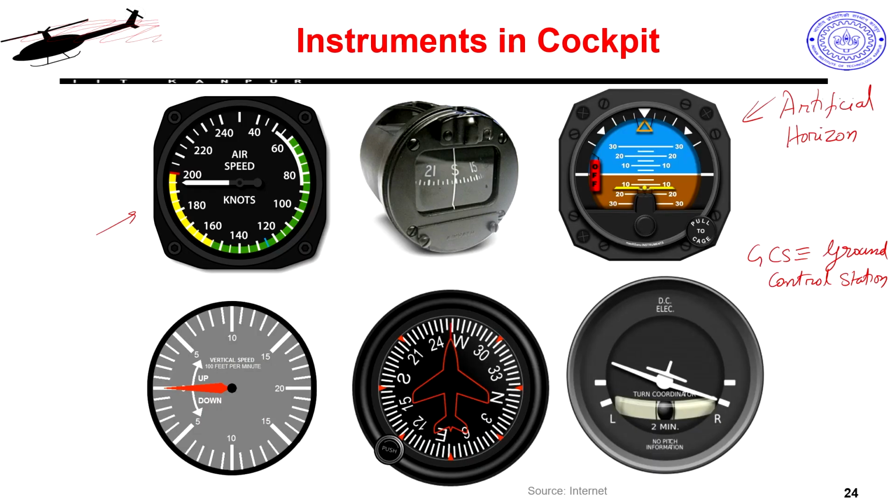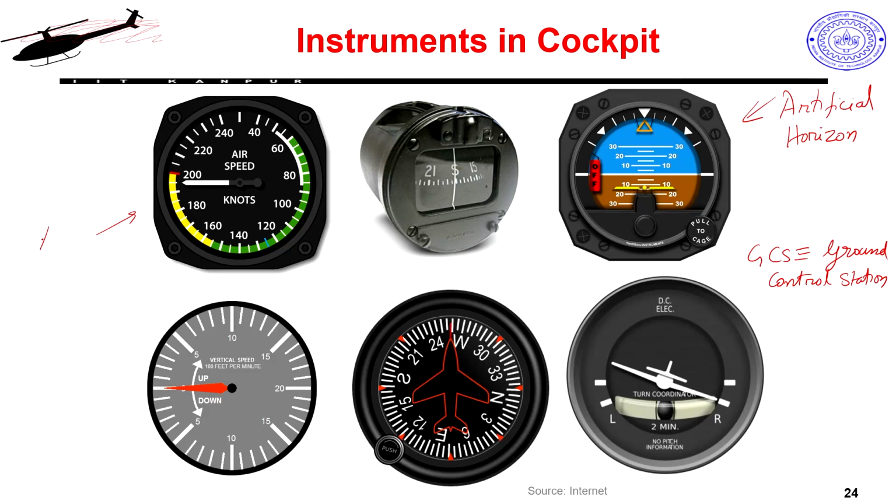Even in our GCS on a laptop you will see this kind of gauges being created, because people are used to them, and these instrument panels have been created because intuitively you know what is happening. That is easy to interpret. So, this is your airspeed indicator, and here it shows knots conventionally, but you can get it in meters per second or kilometers per hour. I think in electronic displays you can switch units easily, no problem.